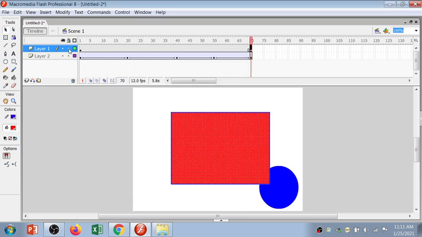Then we have the lock option. Suppose you have n number of layers in one scene. So you can lock a layer. Let's say you don't want to make changes to this layer, the object and the position are final, the color is final, and you don't want to change it. So that you don't make changes by mistake, we have just locked this layer.